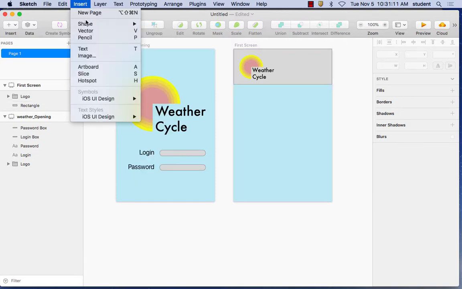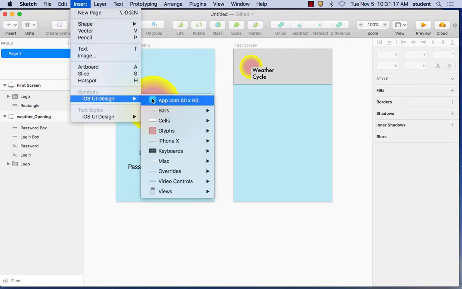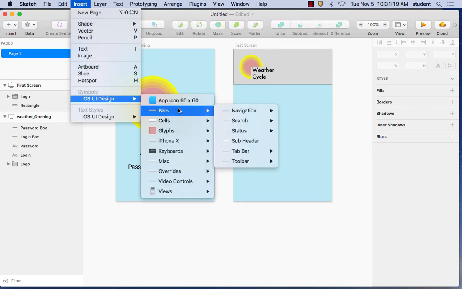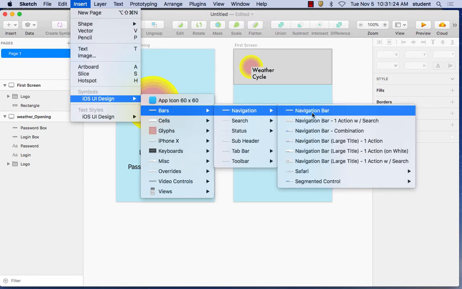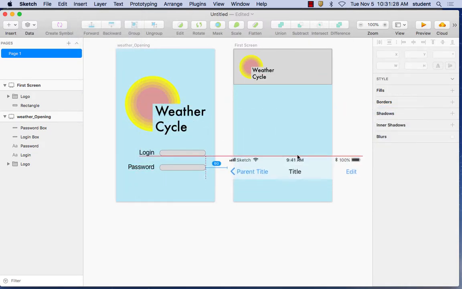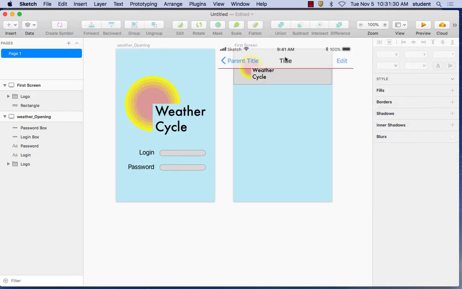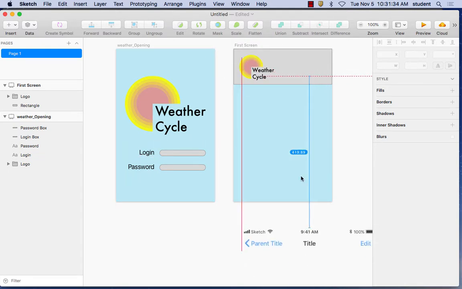Some of the other content, again, you have your common shapes right here. Then you can do hotspots. Then you have iOS. You have these common bars here. So these are common things for iOS. You can have a navigational bar. I can insert a navigational bar. That's up here at the top. Now usually when I do the navigational bar,